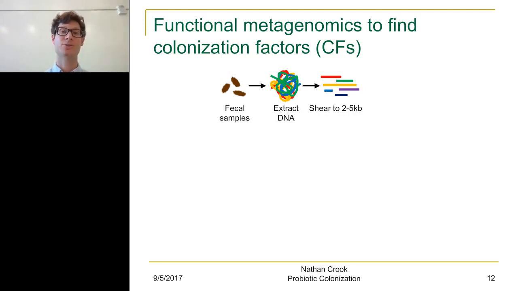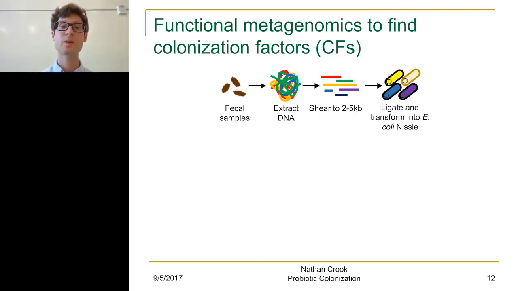Now, we did this to narrow our search down to pathways or single genes that would allow us to improve gut colonization. We took this DNA and gave it to our, in this case, probiotic E. coli, which will transcribe and translate the DNA encoded within these shared products. The way we identify whether these gene products encode improved colonization capacity is we deliver this probiotic library into